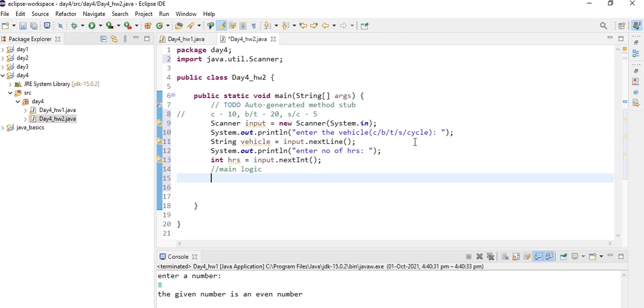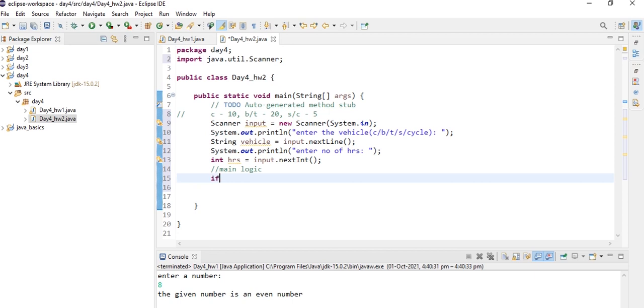And suppose the person enters something like hi or bye, we may print something like enter the correct vehicle name. To compare the strings we are using the dot equals method, which is available.